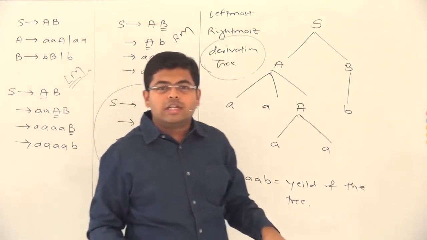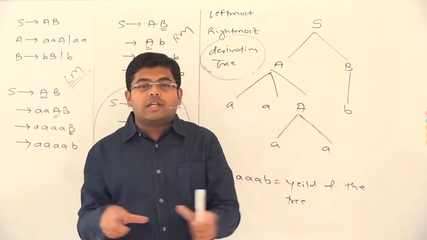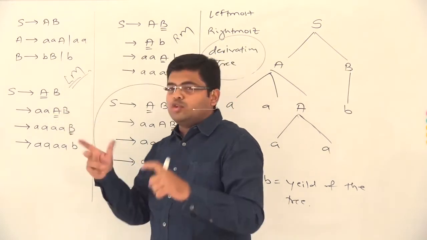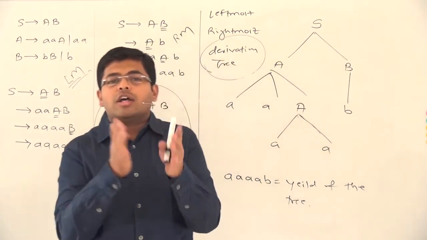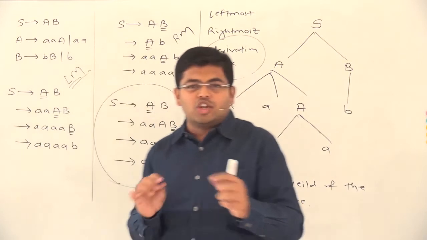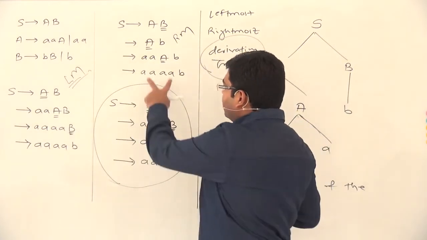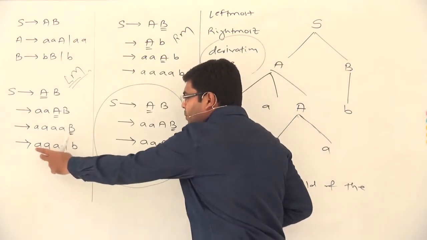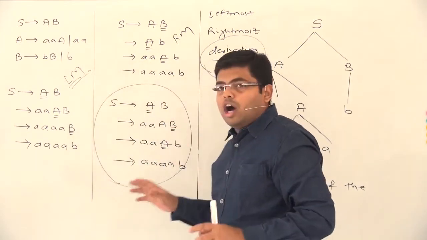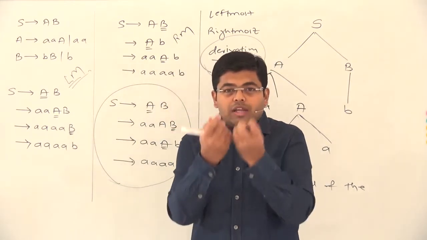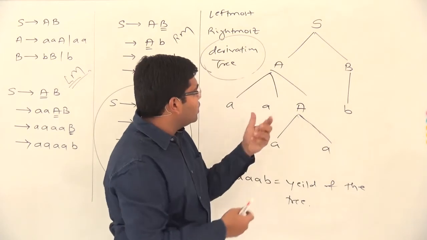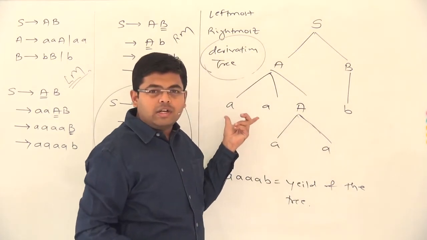Remember very well, for all three derivations we are getting the same derivation tree, and that is the important property of the derivation tree. It focuses on the structure of the derivation rather than the order in which you are replacing the variables. The order in which we are replacing the variables does not matter. Ultimately everywhere you are going to get the same string, a to the power 4 b. However, the structure of the derivation could be better understood with the help of what is called the derivation tree.